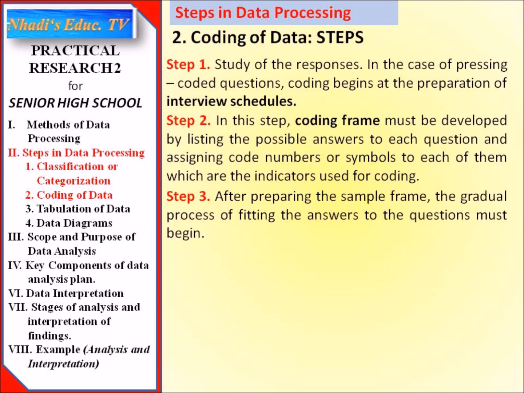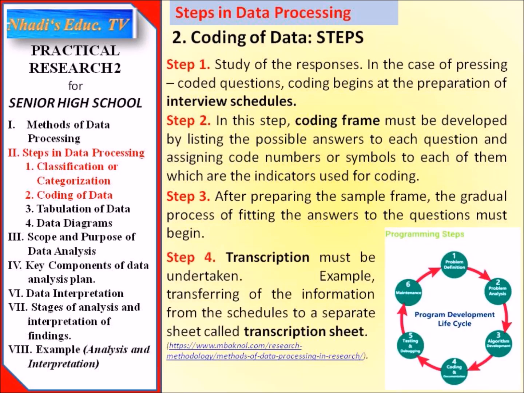While on step 4, transcription must be undertaken. Example, transferring the information from the schedules to a separate sheet called a transcription sheet. So these steps are very essential for qualitative and quantitative